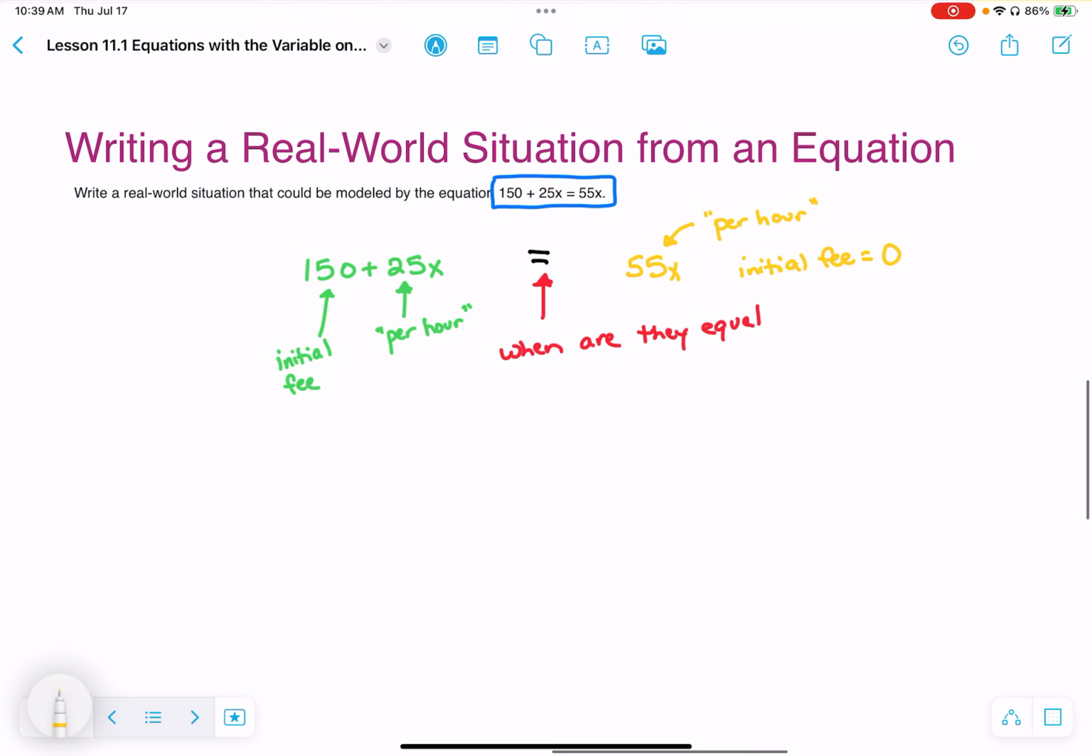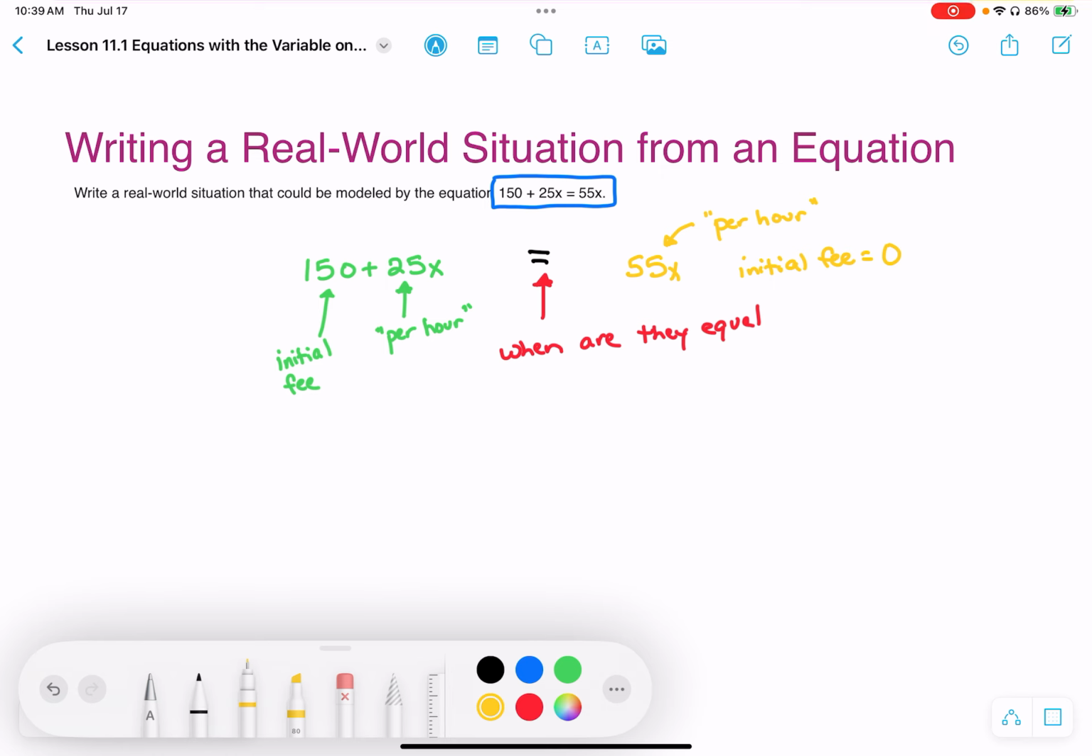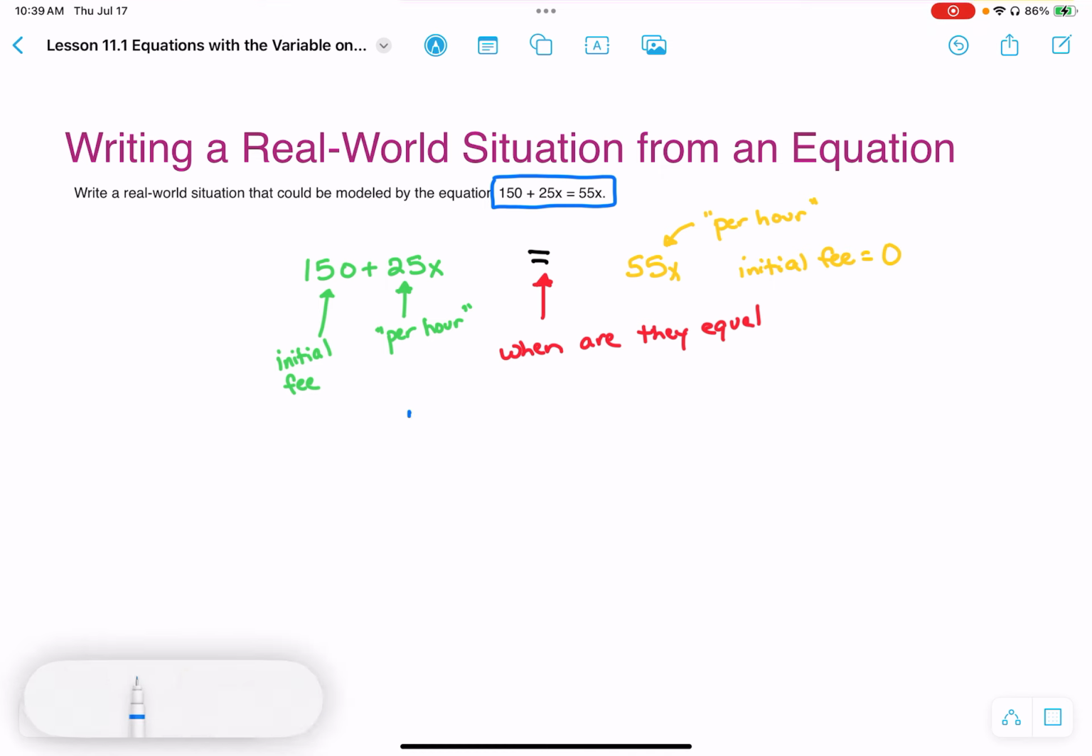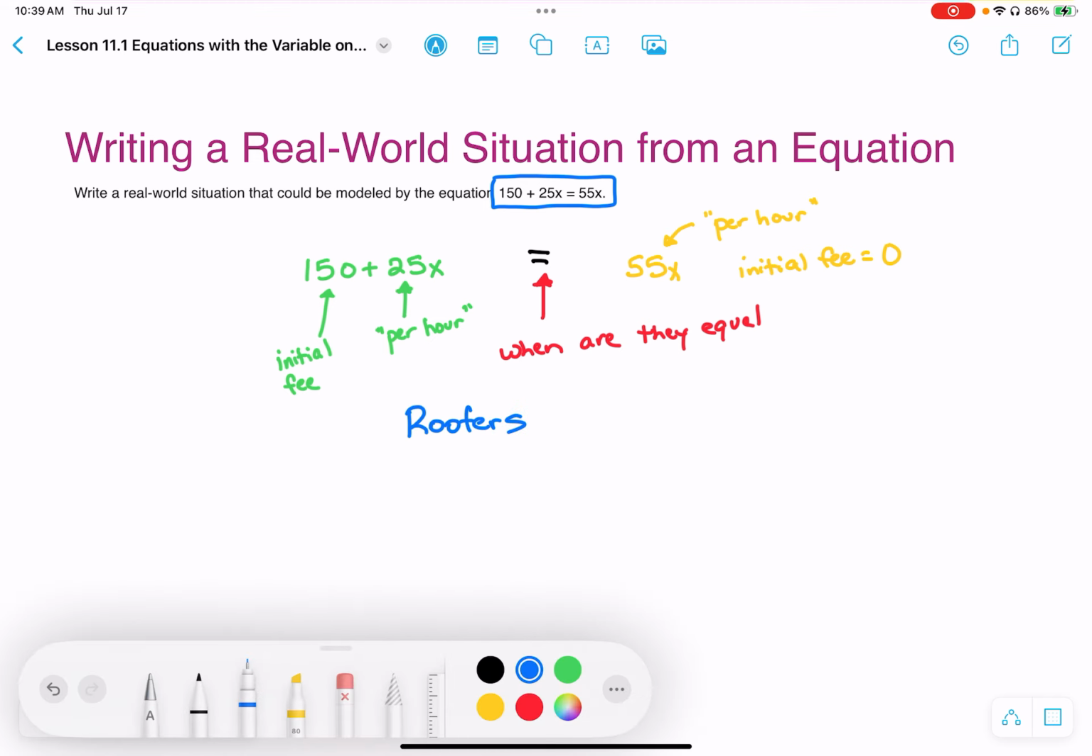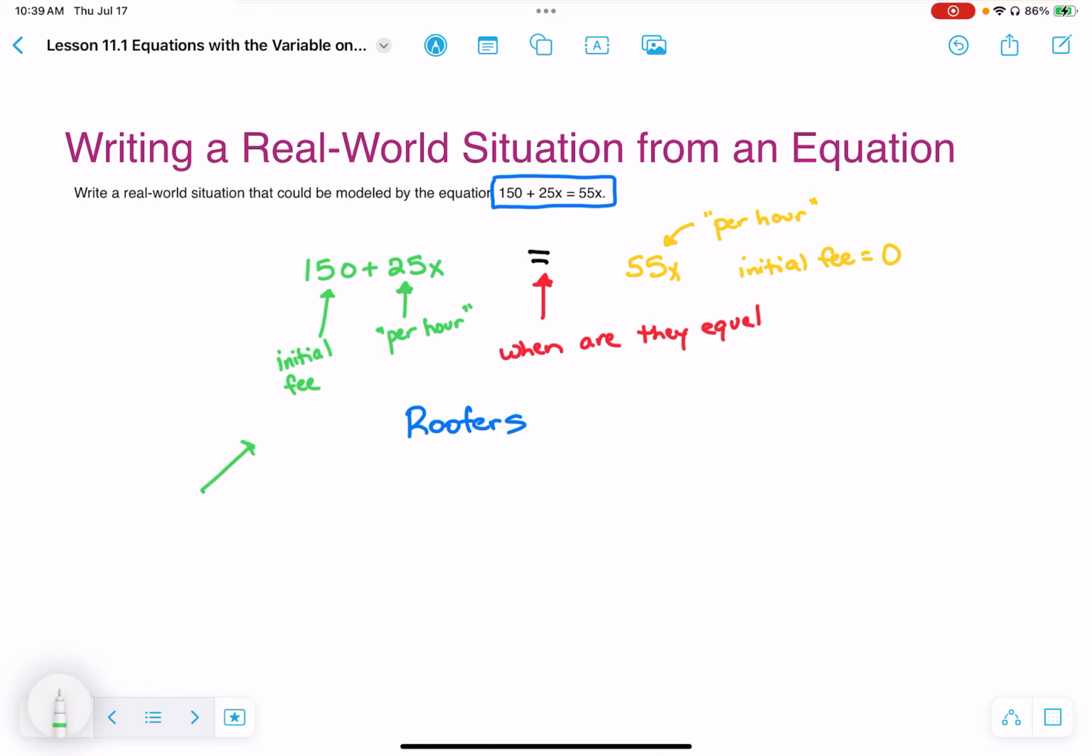Now, we just had a hailstorm here a couple of months ago, and I have just been inundated with people wanting to repair my roof. So I'm going to use roofers as my real world situation. I'm going to call the left side roofing company A. Roofing company A, and their initial fee is going to be, let's say, their inspection. They charge $150 inspection fee